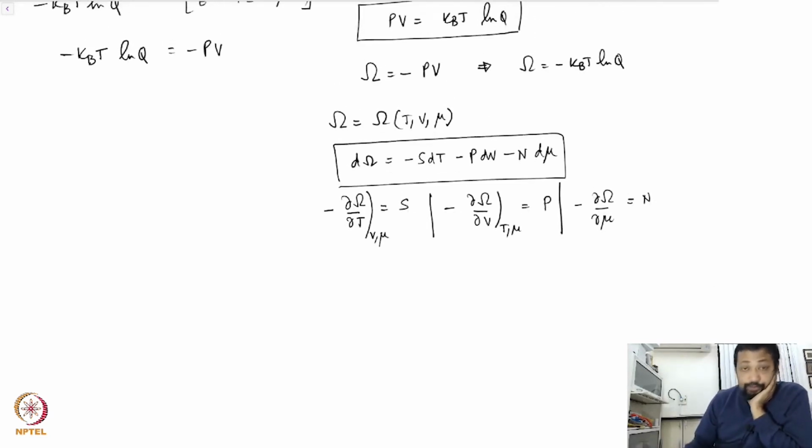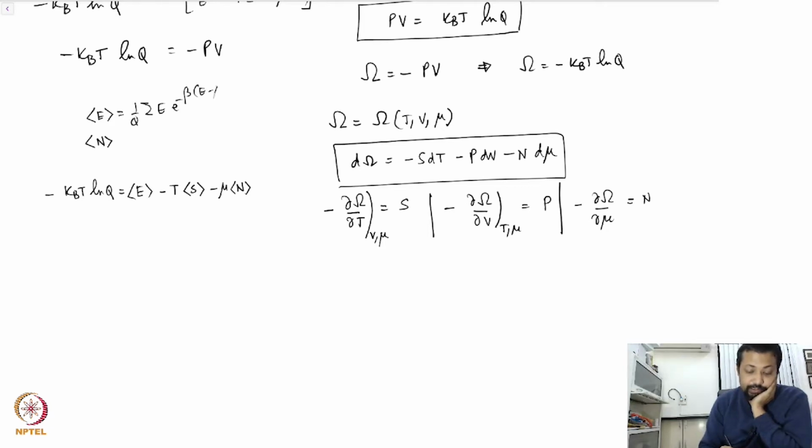One can validate it also starting from the fundamental relation, right? Because I know the expression for average E, I know the expression for average N, correct? I also know that minus kBT ln Q is average E minus T average S minus mu average N. So this is going to be the sum over 1 by Q e to the power minus beta (E minus mu N), and this E, one has to be careful now, is